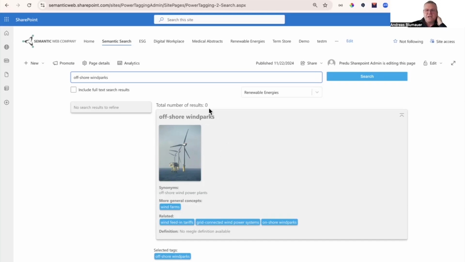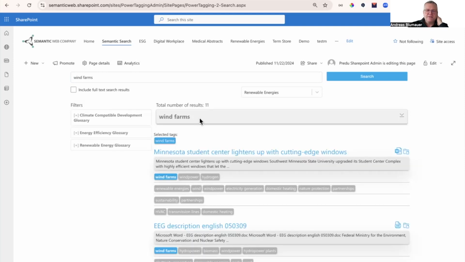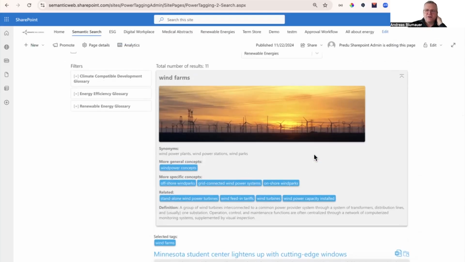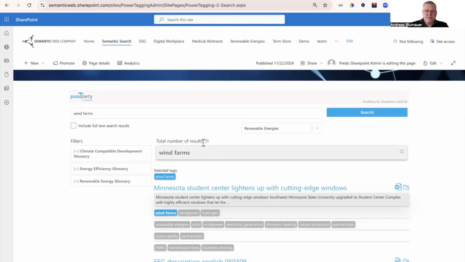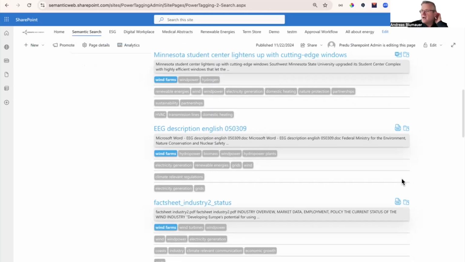And what you can see also, okay, this is too specific. There are no results for that. So let's go one level further up. Like, let's take a look at wind farms in general. Okay, wind farms, again, you have this little info box here, which is hidden after search, or you can show it to the end user, seeing synonyms, related concepts, a definition. That's something which can be defined. And further down here, you finally get to the actual results, like 11 documents, Word, PDF, etc., in different parts